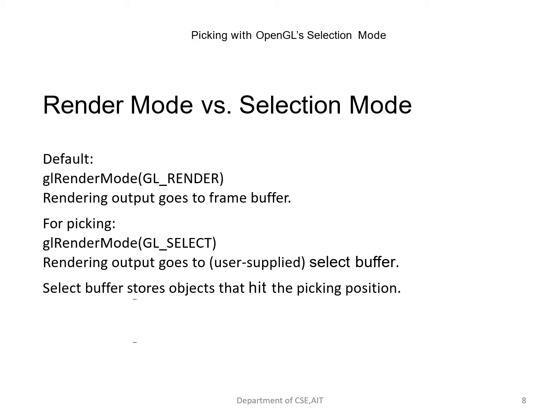Programming provides a complex process known as a rendering mode, or the selection mode, to do picking at the cost of an extra rendering each time that we do a pick. A number of steps and functions are required to do picking using the selection mode. We are going to examine each of these steps and then put them together in a simple program.